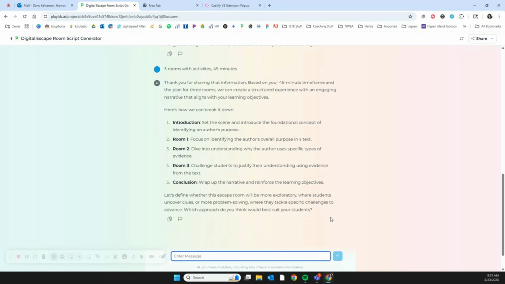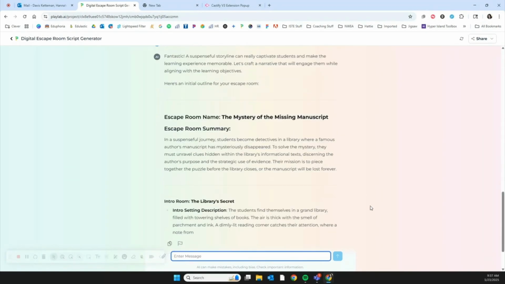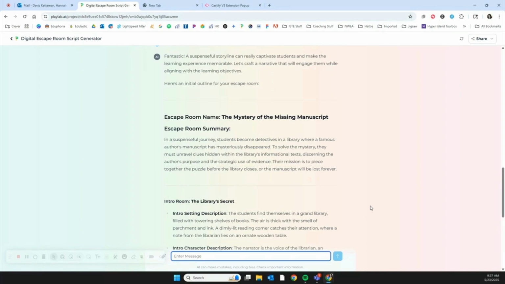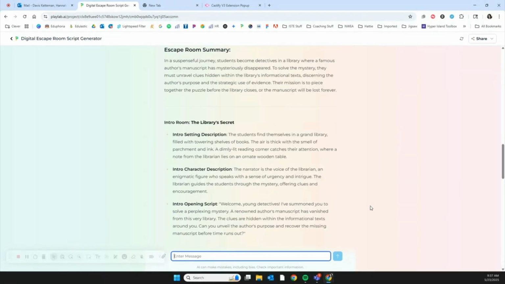And then it's going to ask me if I want this escape room to be exploratory, where it's sort of like all one space where kids solve the problem in any order, or if I want it to tell a specific story. And for this, I do think that I want it to tell a story. And then it's going to give me an initial outline. So it's going to give a summary, it's going to give a setting description and character description, as well as